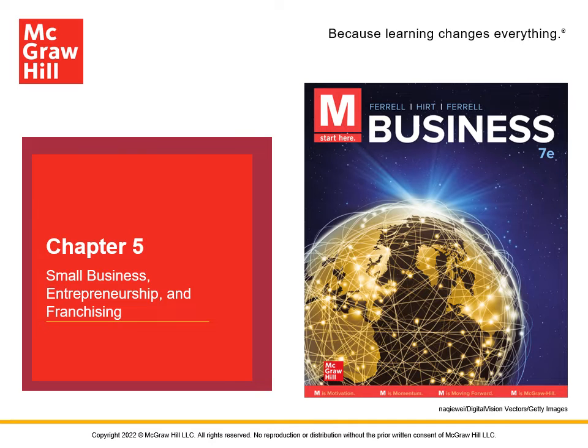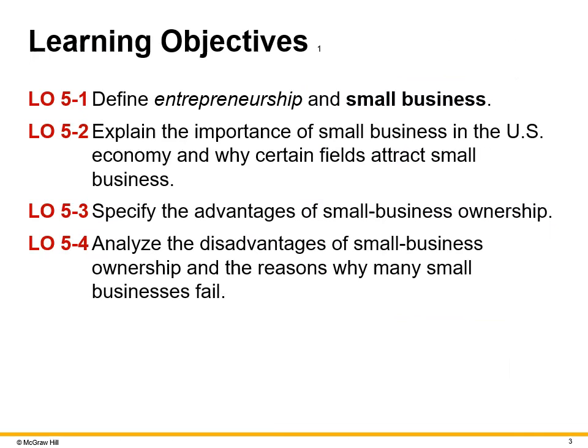This lecture is going to cover Chapter 5, Small Business, Entrepreneurship, and Franchising. Learning objectives include: define entrepreneurship and small business, explain the importance of small business in the United States economy and why certain fields attract small business, specify the advantages of small business ownership, analyze the disadvantages of small business ownership and the reasons why small businesses fail,